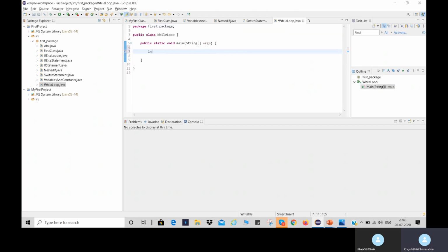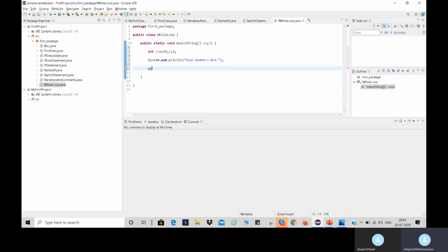I'm taking two variables, int num, I'm storing value 10 in that, and I'm taking one more variable I, storing value 2 in that. I'm displaying some message, System.out.println, even numbers are.